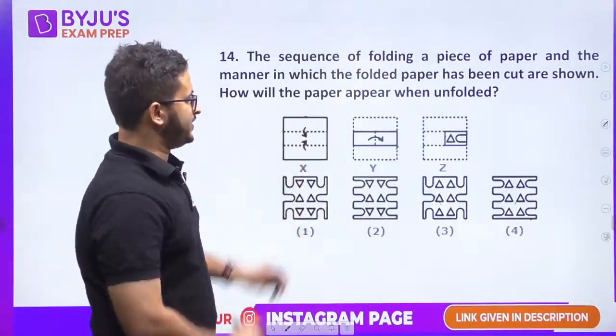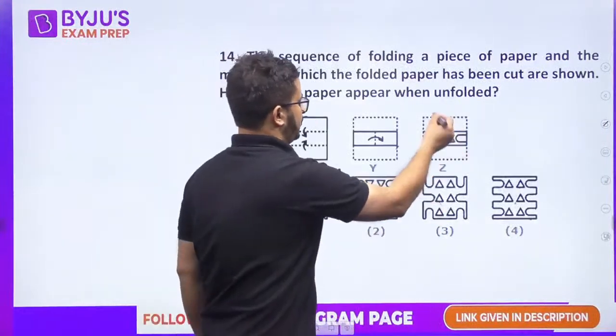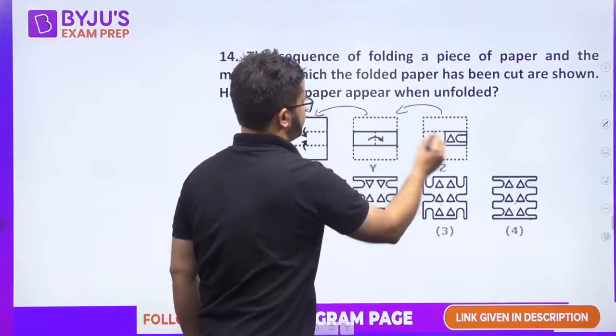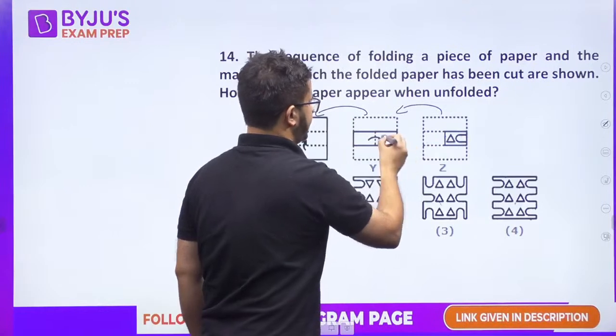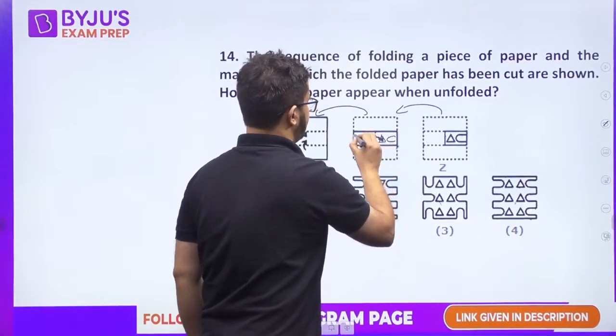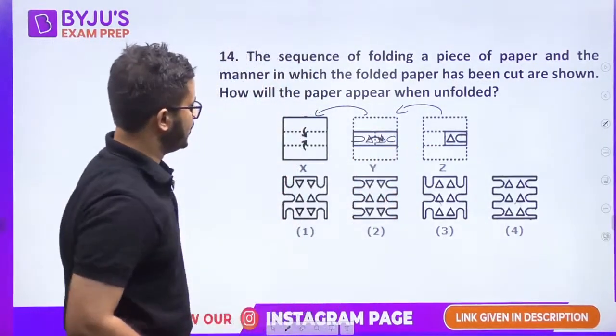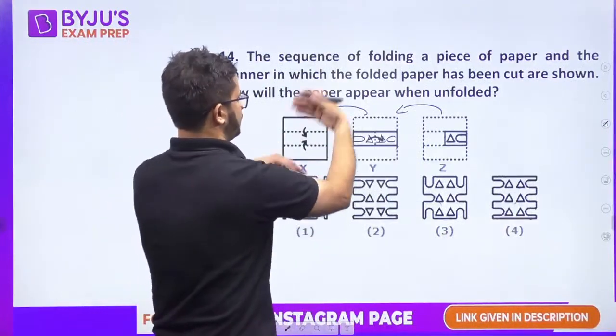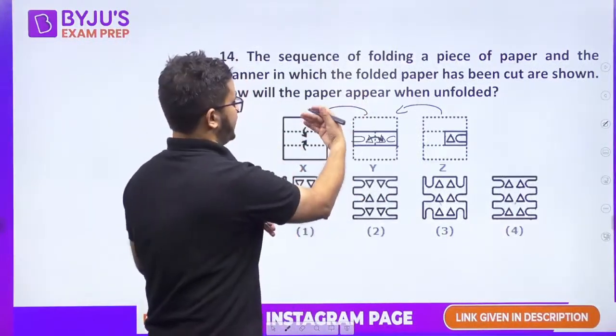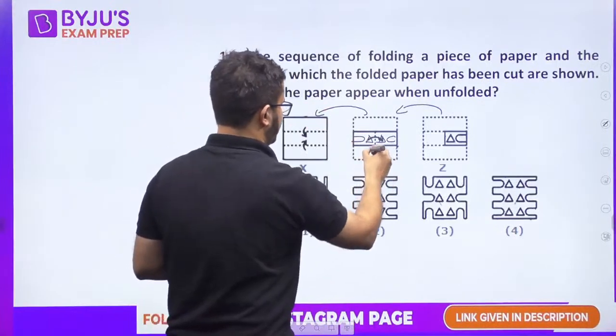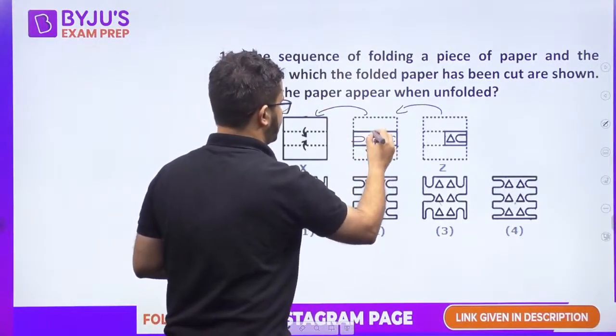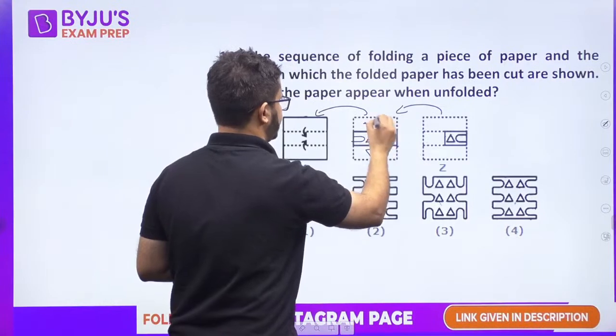So in this case what we see is, look, if we go step by step back, this gets reflected here, this triangle will come here, triangle will come here, and this C shape. Okay, and now when we open these 2 faces, so what is happening, it is getting reversed, this will also be reversed. So you will get the triangle facing bottom and then you will get the triangle facing like this.